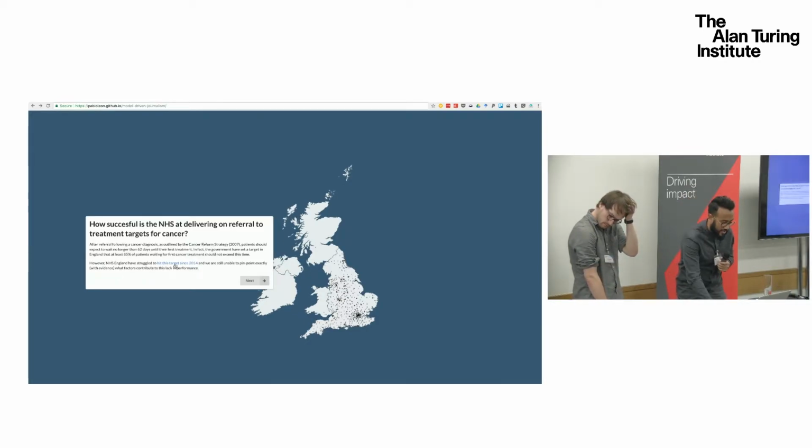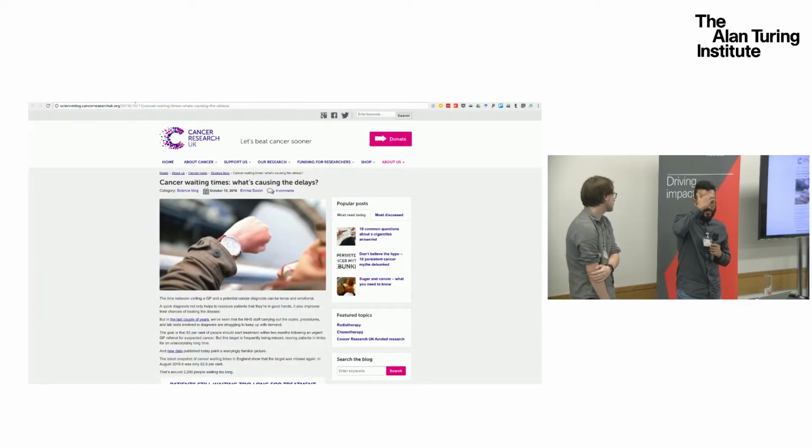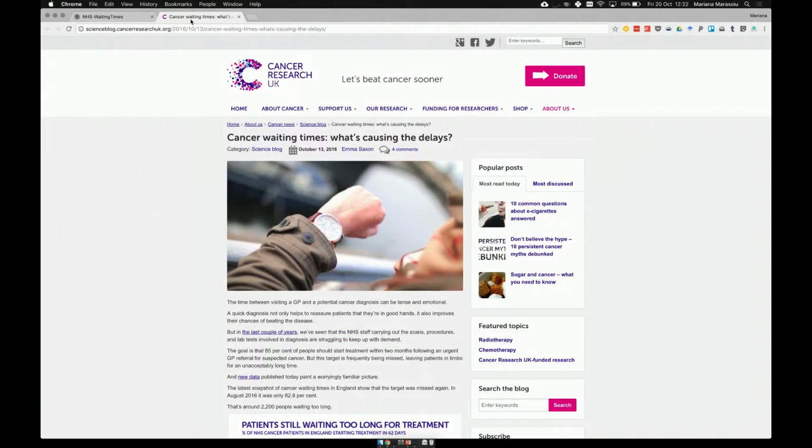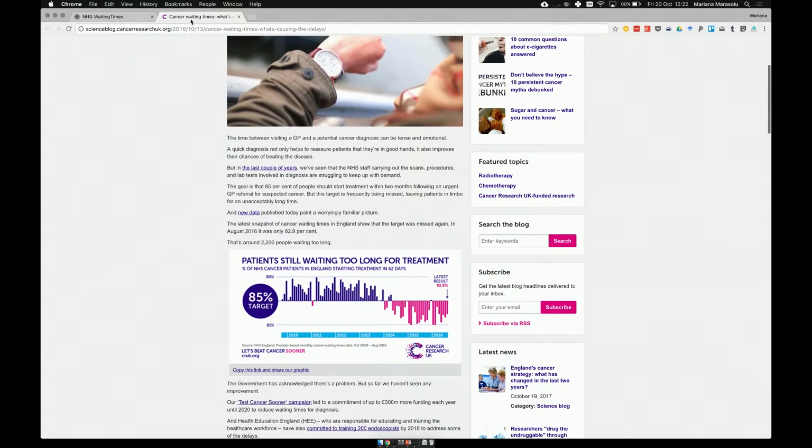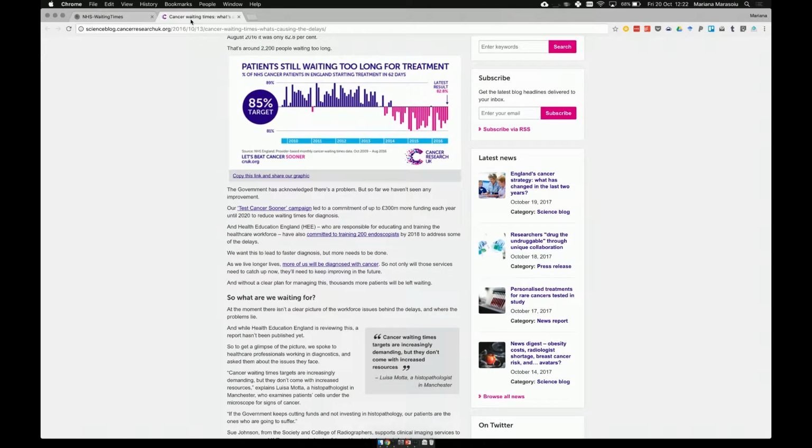But the issue here is that, according to an article from Cancer Research UK last year, for the last 4 years the government and NHS trusts in England in particular weren't achieving these targets. And there was a discussion around why this was the case, and there seem to be a lot of unknowns around why NHS trusts weren't achieving these targets. There was some speculation that this is due to the lack of resources and a continued strain on the NHS, for example lack of funding, understaffing, and